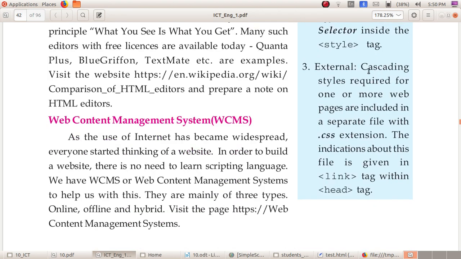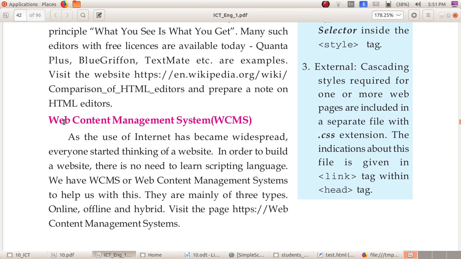Okay, cascading styles required for one or more web pages are included in a separate file with .css extension. So here we have style.css. So style.css is an example of external CSS. Okay, that will be included with the help of the link tag. Okay, the link tag is inside the head tag. I hope you understood this.